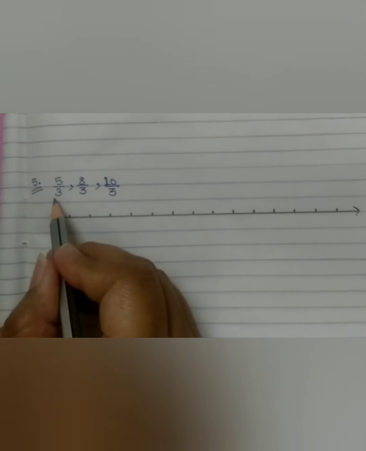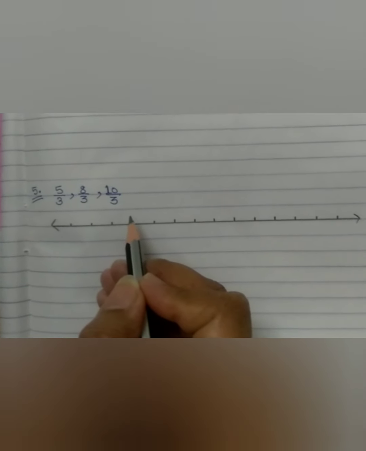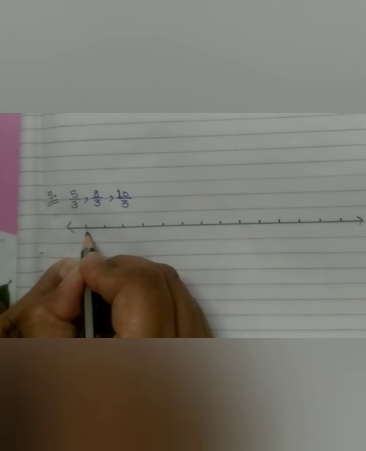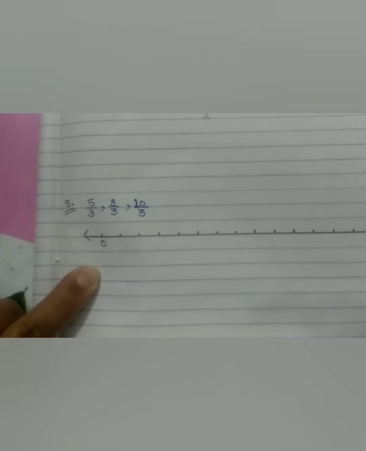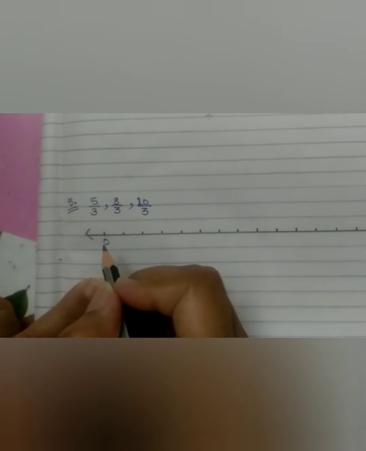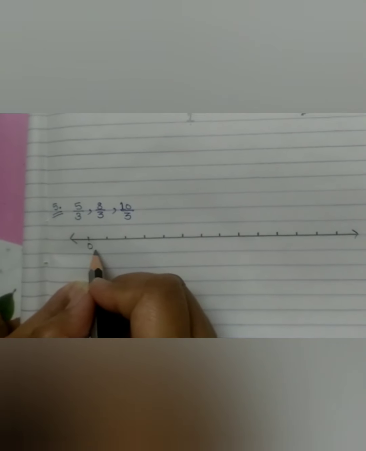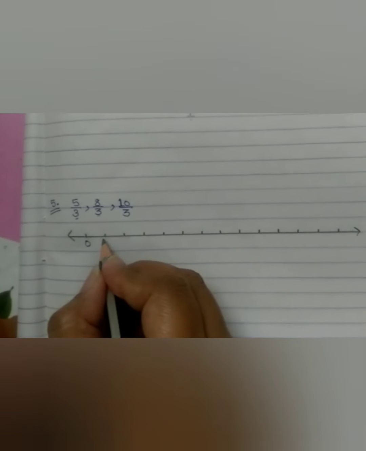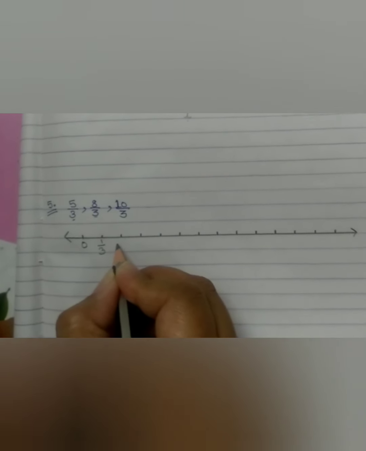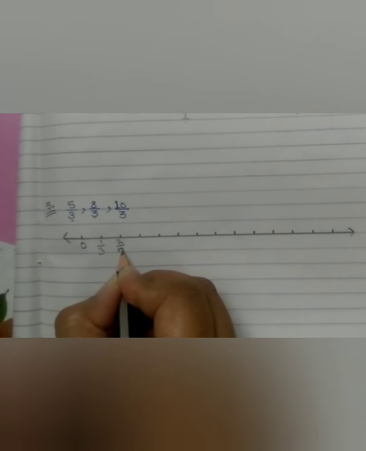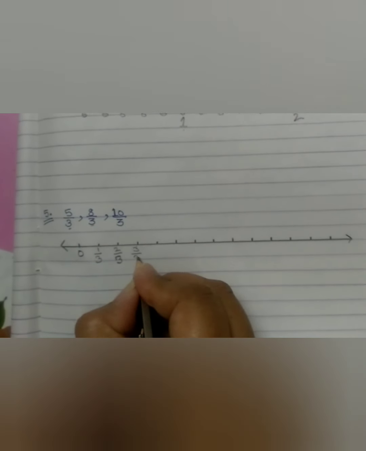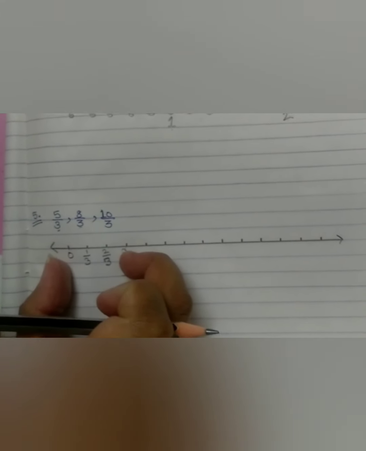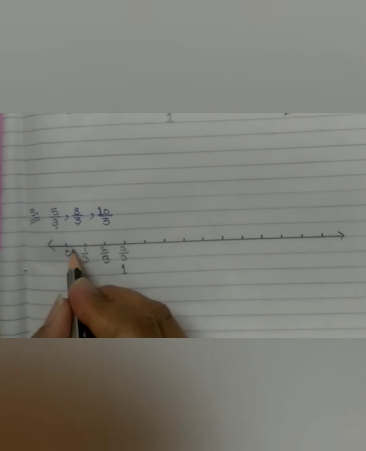Next example, now the denominator is 3 with us. So what will we do here again? Remember, we are going to start with 0. First of all, draw a line and mark the points at the same distance, and then the first point will represent 0. Now just see, denominator is what? Denominator is 3. So first point will be 1 by 3. Next is 2 by 3. Then 3 by 3 is what? 1.